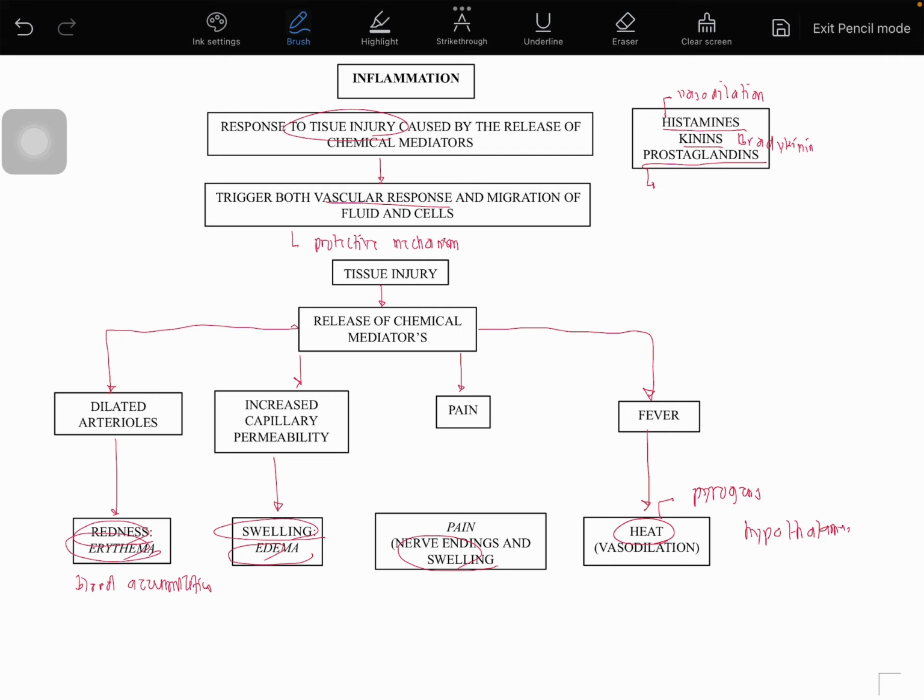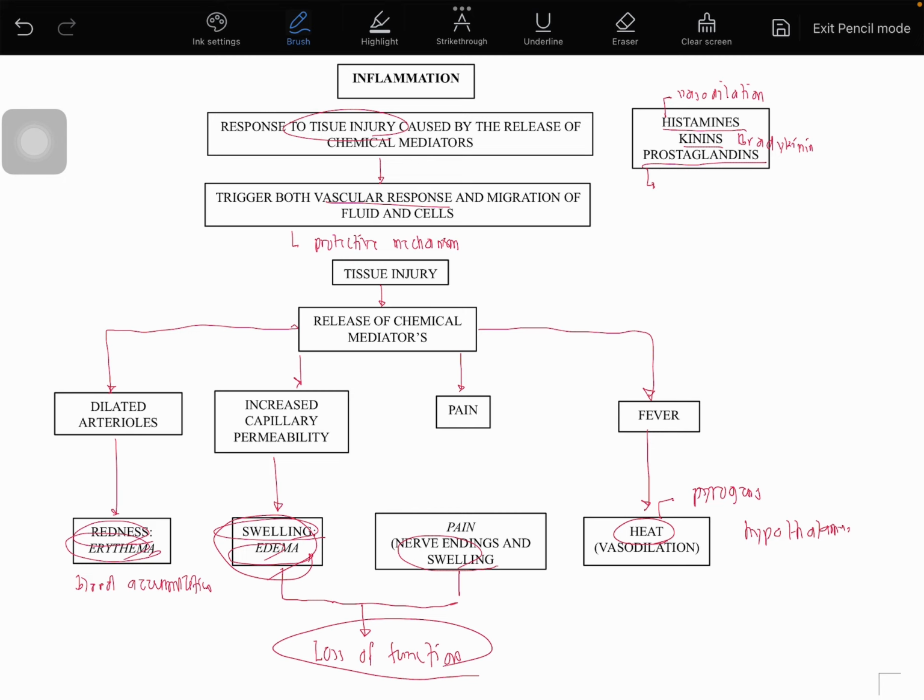5, sir, bakit 4 lang naman yan? Sir, meron pa pong kulang. Of course, sabi natin the last phase of your inflammation, kapag nagkaroon ng tinatawag na edema or swelling or tumor, and of course, pinag-combine mo yan together with your pain, it will result to your loss of function. Bakit nagkakaroon ng loss of function, sir? It's because of the accumulation of fluid at the tissue injury. And of course, sabi natin, it's because of that pain. Therefore, kapag nagkaroon ng swelling, nagkaroon ng pain, it will definitely decrease yung mobility at that affected area. That will result to loss of function.